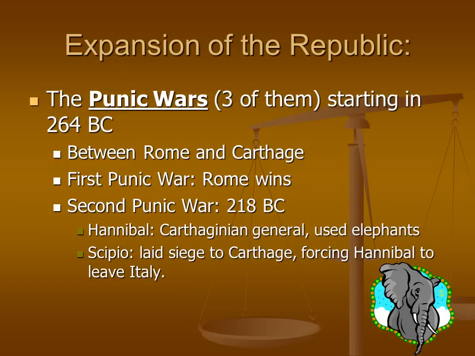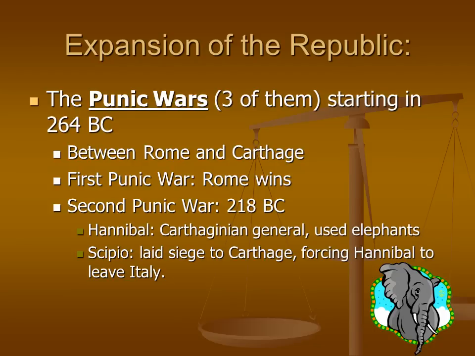And when he's coming down the Alps, it takes them about 15 days, and he loses about half of his army in the Alps, and almost all of his elephants. I think he had 2 left by the time he gets there. He does achieve his goals. What's interesting is that the Romans were expecting him to come from the south. They had no idea he would come from the north, and so he catches them completely off guard, even though he did lose half of his military.